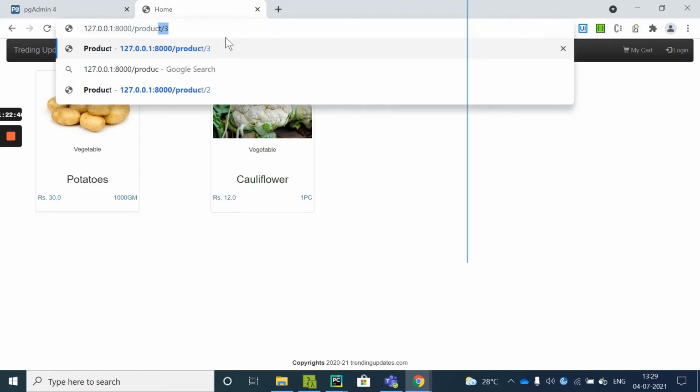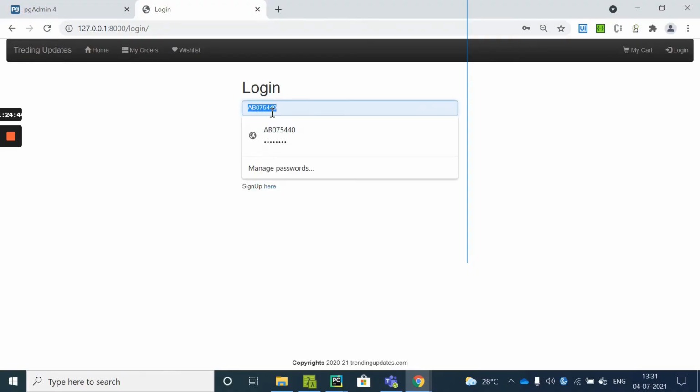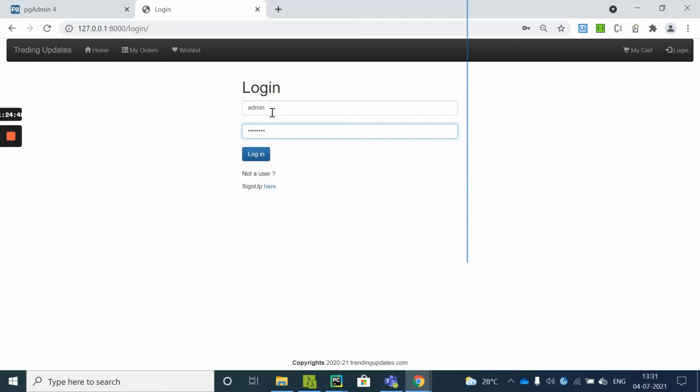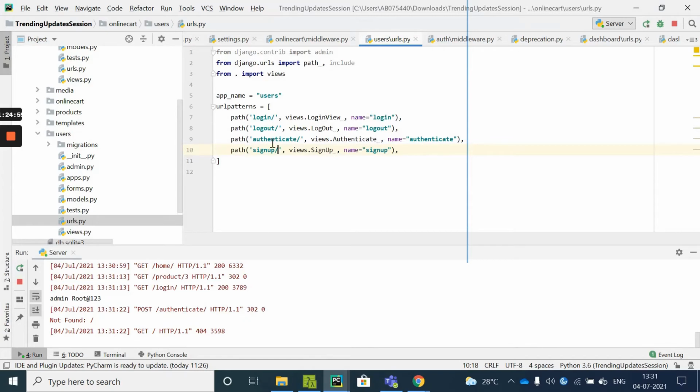Now when I say product/3, yes, it is asking me to log in first, and whenever I say root, 123, and I log into the system, okay, now it is giving me a problem. Okay, let me fix this.